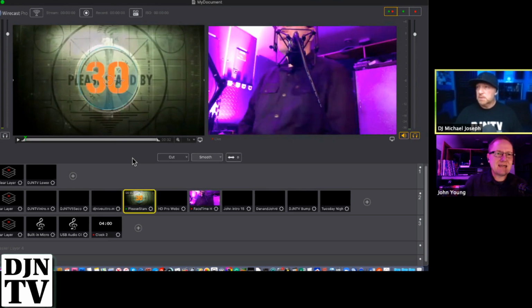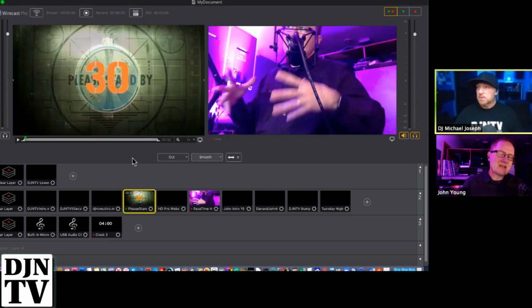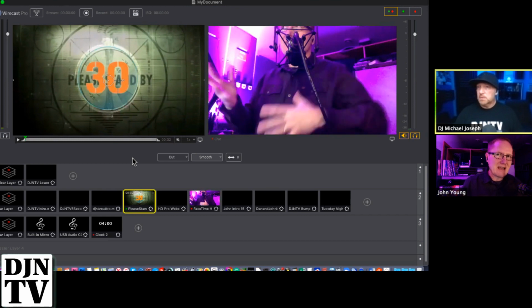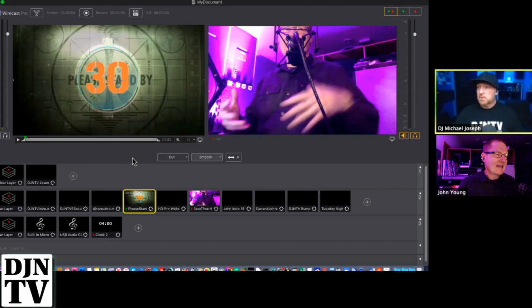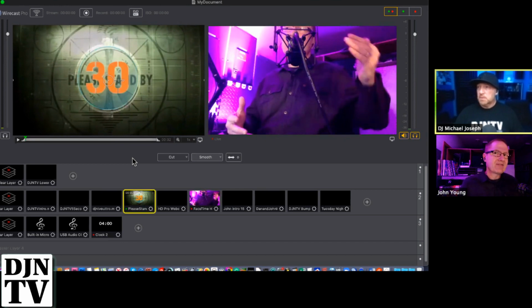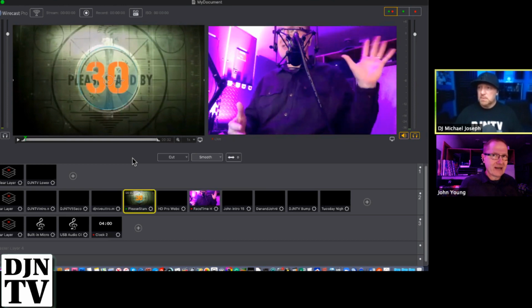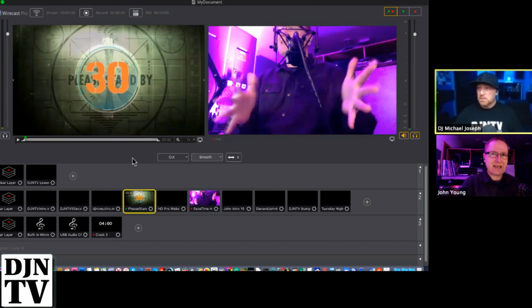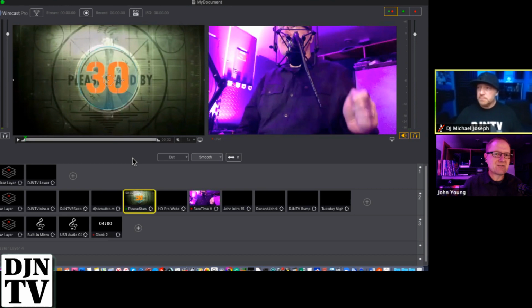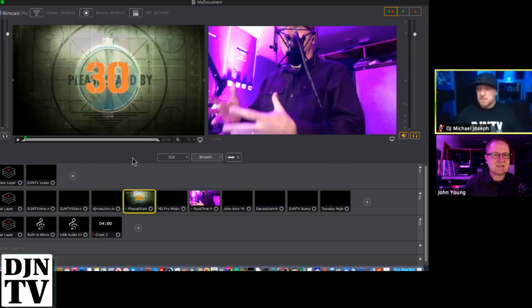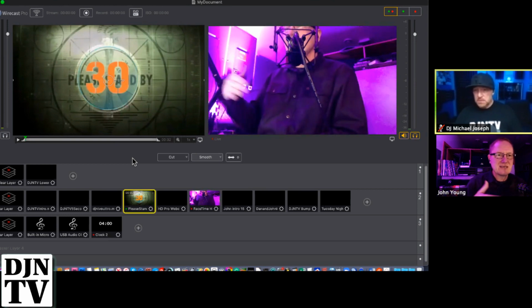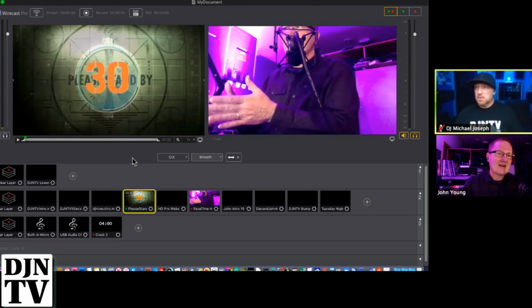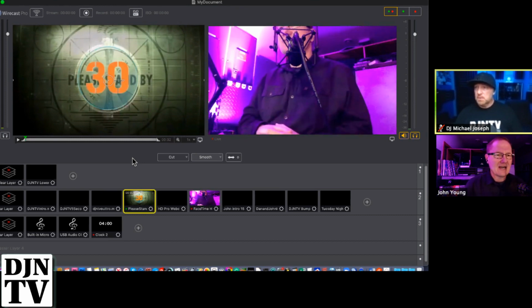This is a software that will allow me to capture webcams or cameras with the proper interfaces. Webcams just plug in USB. Camcorders or cameras, I have to have a special interface to go from the HDMI signal into my computer, but then I can capture this. And all those little black squares you're seeing are scenes that are different video cameras, or little video clips, what have you. When you see us doing the sharing or changing the video, the little commercials and such, those are all individual videos that you see down below.